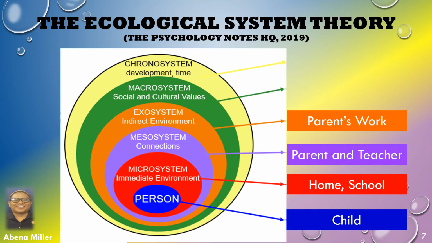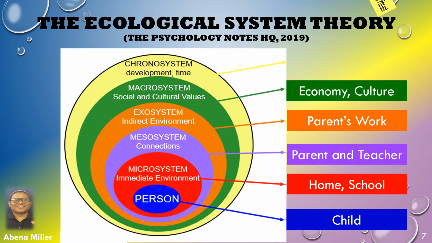Then there's the macrosystem, which is the cultural environment the child lives in, like the economy, cultural values, and political systems. For example, a child growing up in a third world country will develop differently than a child growing up in England. Then the final level, chronosystem, refers to the dimension of time in relation to a child's development, like the timing of an event such as death of a parent will affect a 3-year-old differently from a teenager.